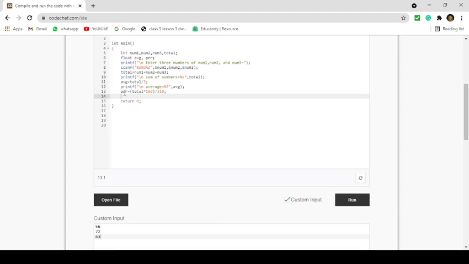Then you have to show the result. printf in double quotes, I am writing /n percentage is equal to percentage f comma PER, and then for termination of the line we use semicolon.